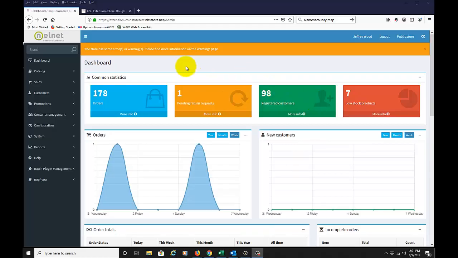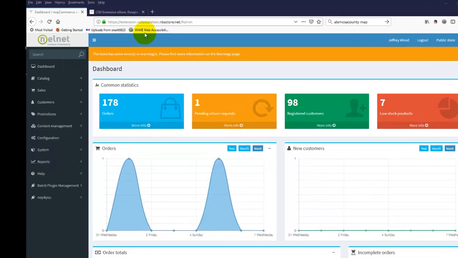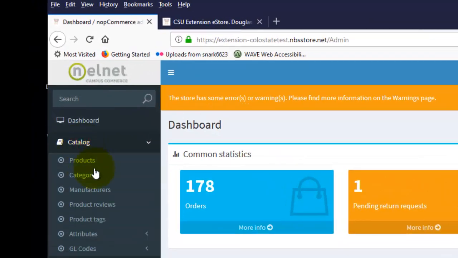Here we are again at the CSU Extension eStore test server. Again, "test" right after the Kalo state there in the URL is how we know we are on the test server and not the actual production server. In our last session, we went to catalog and built a main category for the fictional county, Wapello County, then